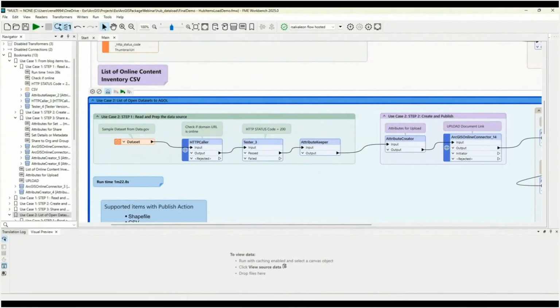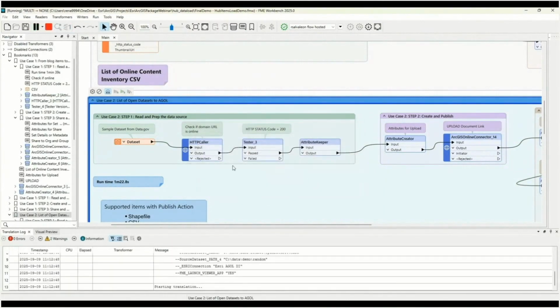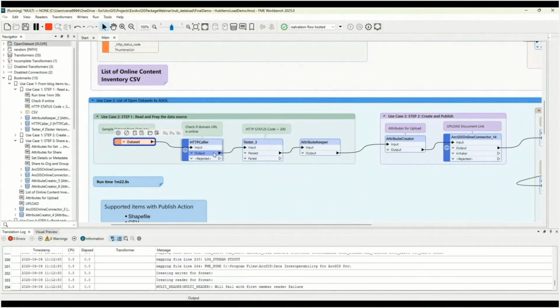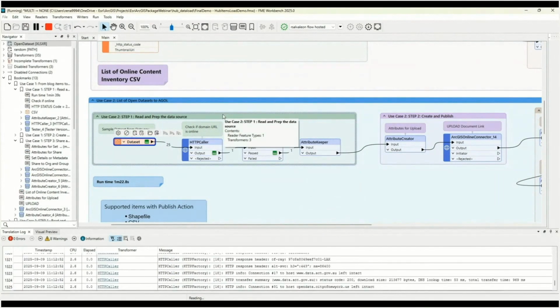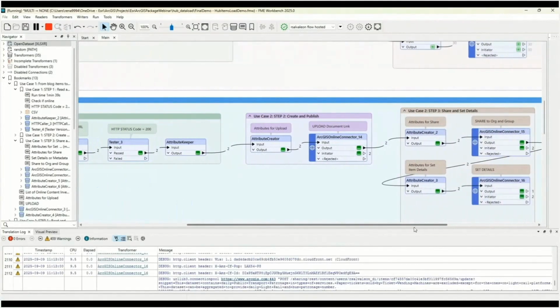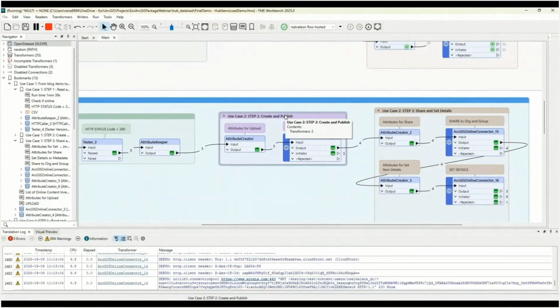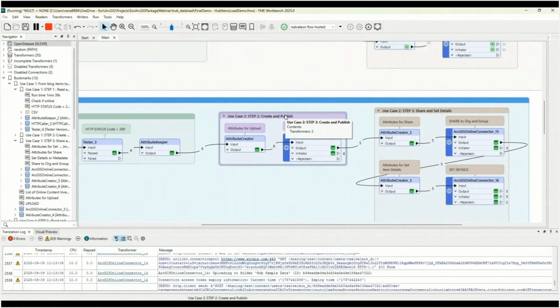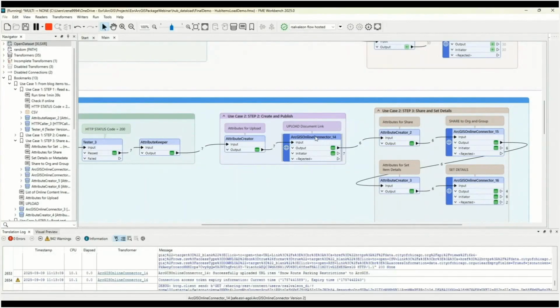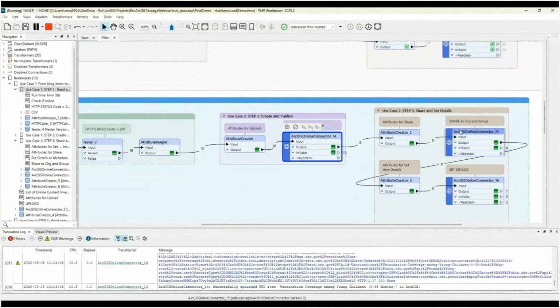Open data site. We run the bookmark. Steps 1, 2, and 3 are very similar to the first demo. We do the check if the website's online, and then we do the upload action, specifying therein a new folder to store the sample data sets from open data, and then share to org and group going to be the same,